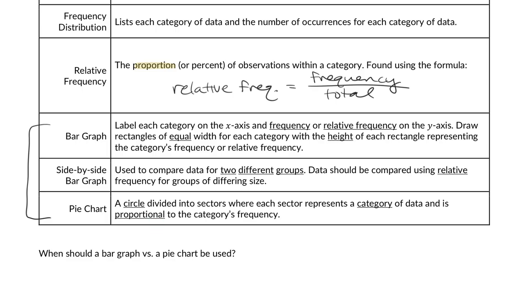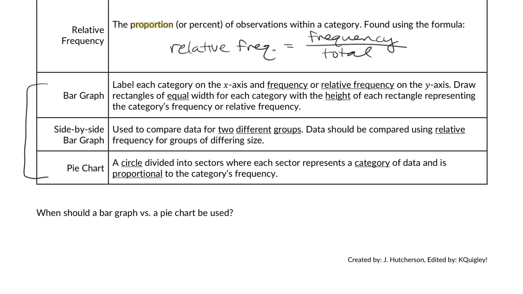We're not going to write a response, we're just going to discuss the response to this next question. When should you use a bar graph versus a pie chart to best display your data? Maybe think specifically about your question for your final project. When would it be good to represent your data as a bar graph, and when would it be good to use a pie chart to talk about that data?